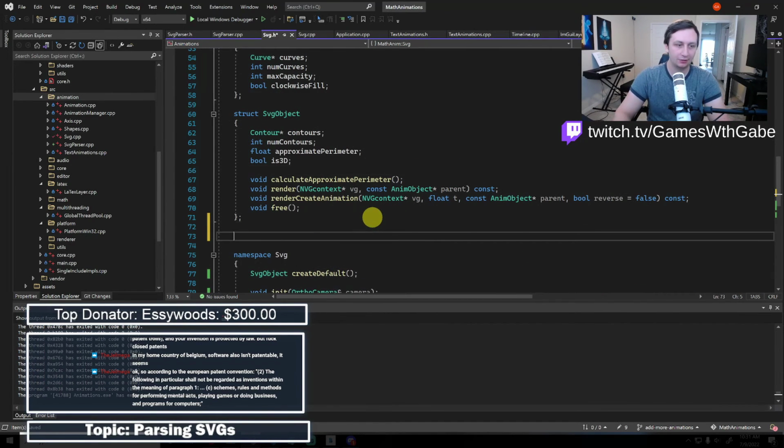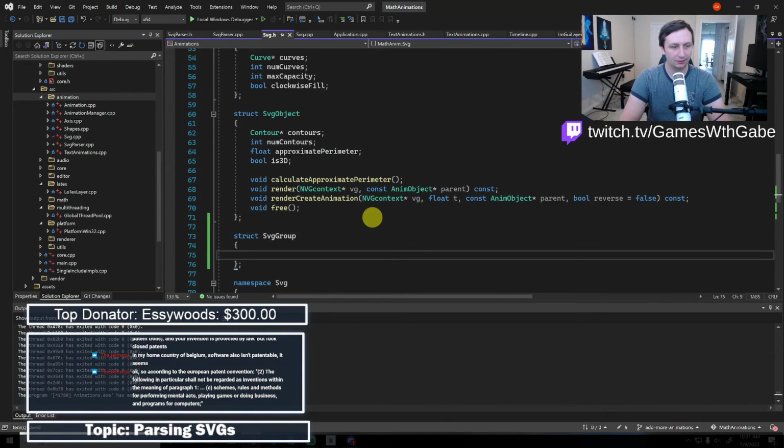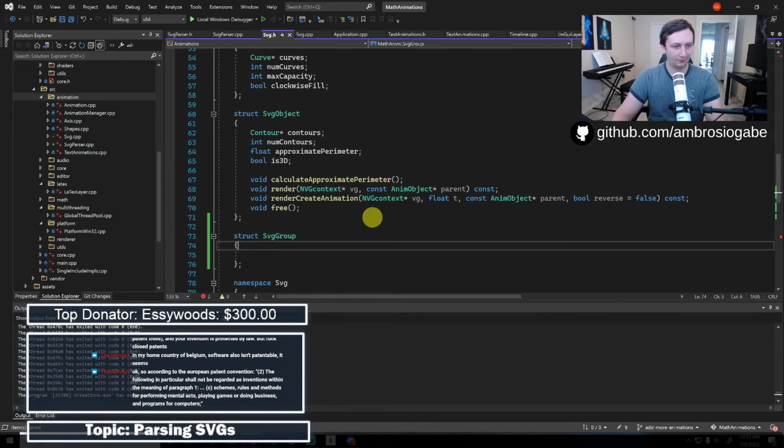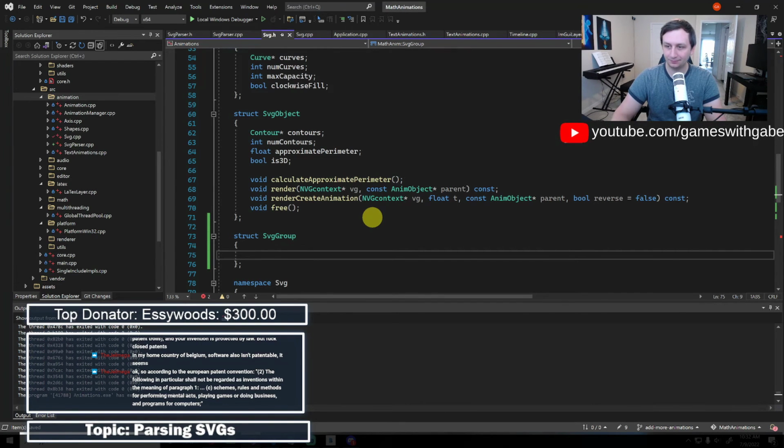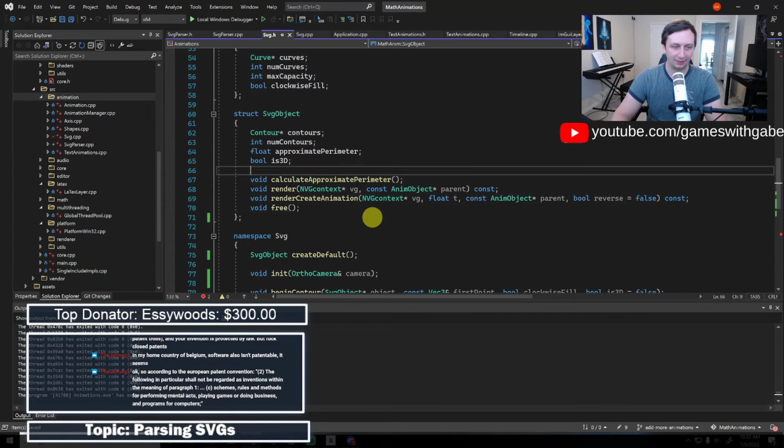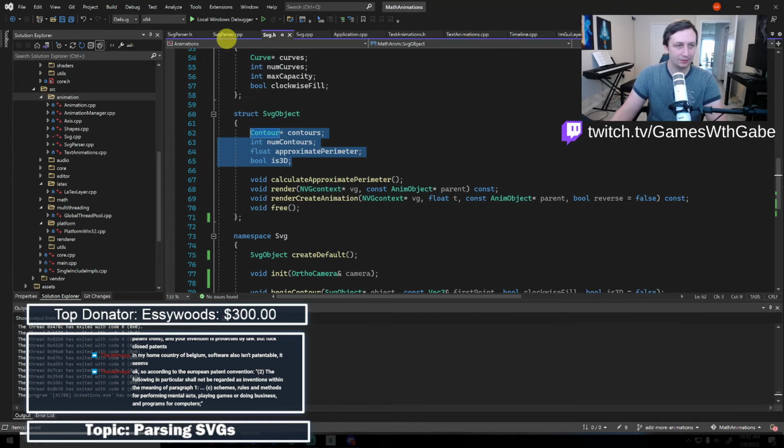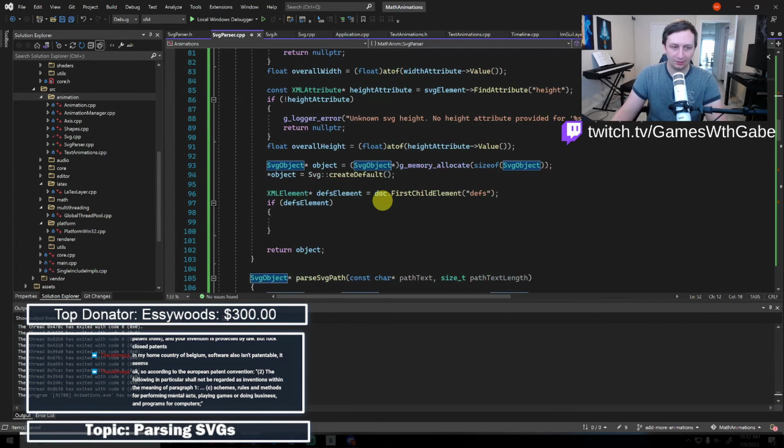I mean, I guess I could just do something like struct SVG group, right, and then a group is a group of SVG objects. Yeah. But that kind of doesn't make sense because an SVG object should just be like a group of objects as it is. For now, we'll just parse one, right? So we'll just get one thing parsed, and then once we get one thing parsed, I think we'll be able to call this a success, and I can move on from there.